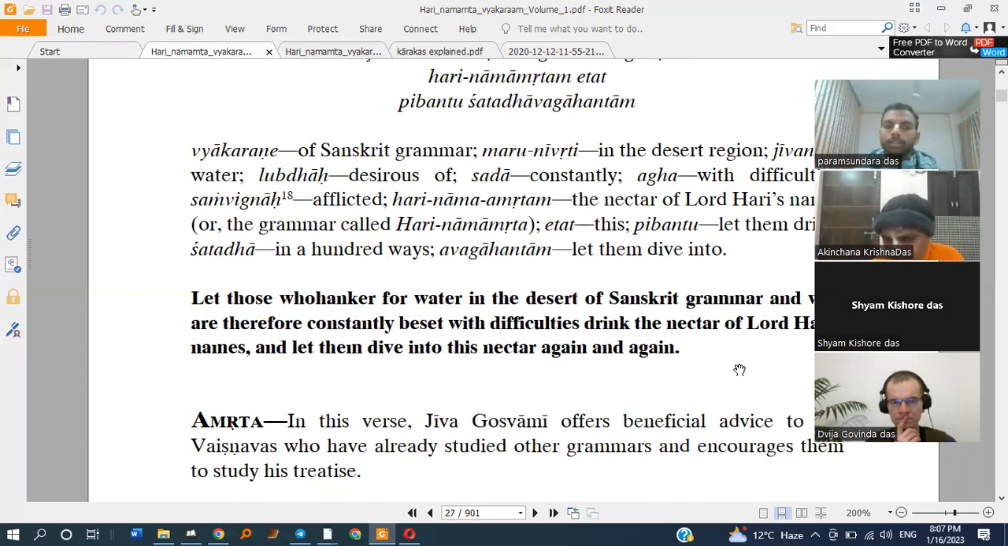Now, the last verse of Mangala Charanam. Someone can argue, okay, accept that your system is good. Someone can argue and put an argument in front of Jiva Goswami. Now the argument could be